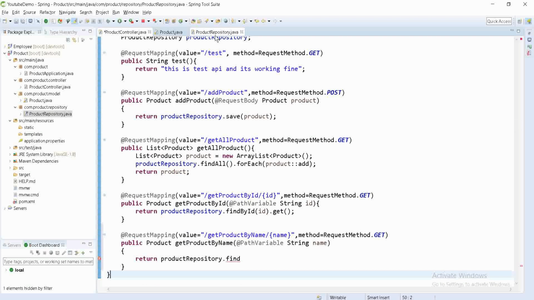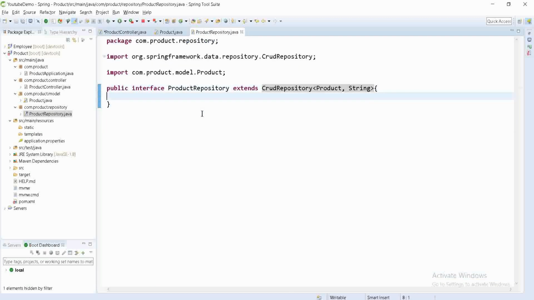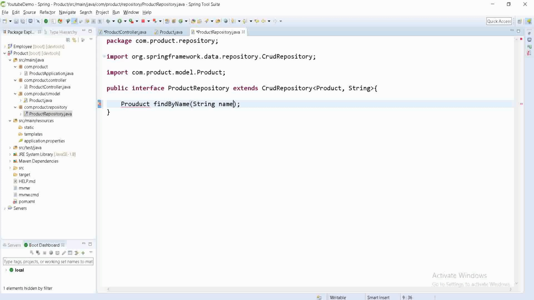Come into the product repository. Here you can manually find that. Its type is Product, and the name of the method will be findByName, and in this we are going to pass one name like this.